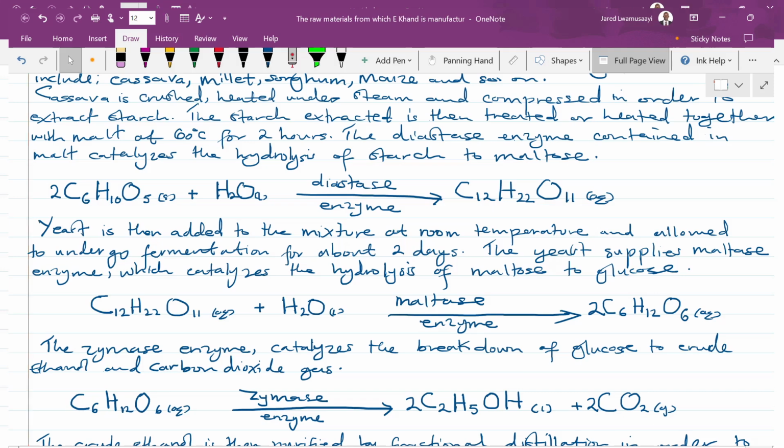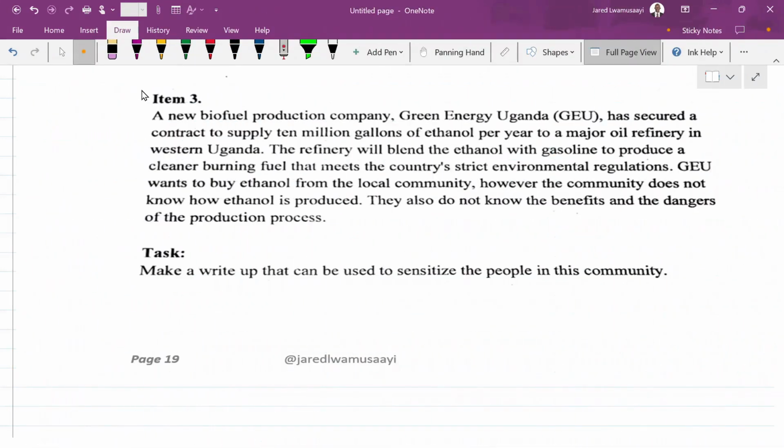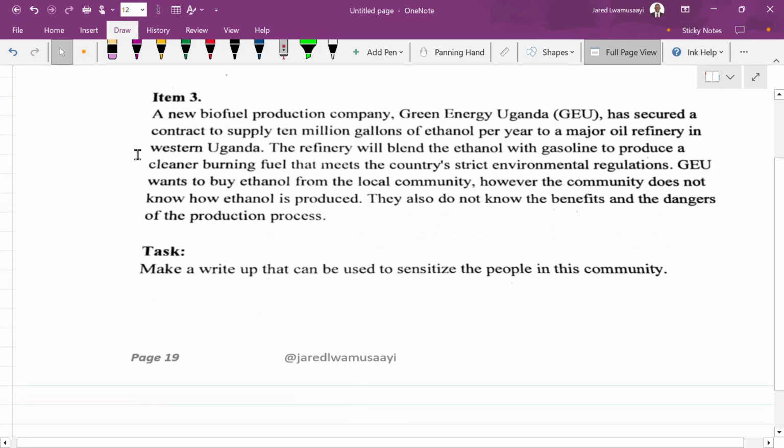Before we proceed, may I ask, which element of construct do you think this item is set from? Oh, don't worry, please. Just know we are going to explore each and everything here. So what you have to do is just watch up to the end so that you don't miss out anything. Today we have our item, and it's numbered item 3. This is item 3, section B of part 1, and it is set from the first element of construct,